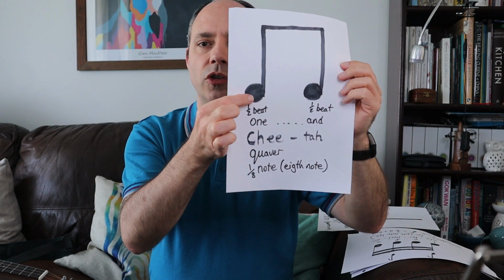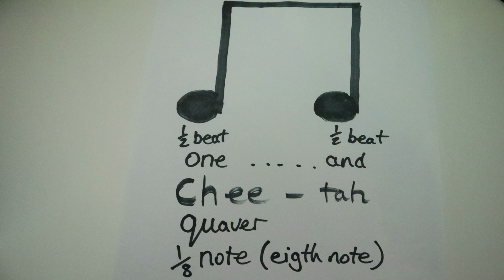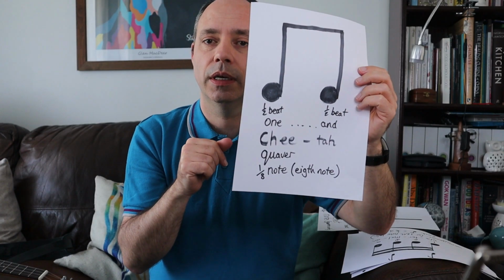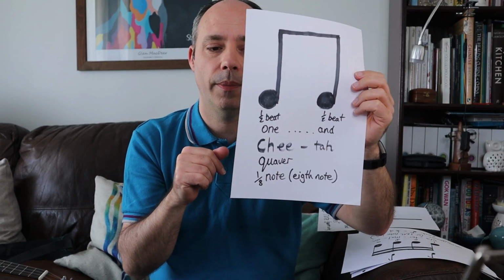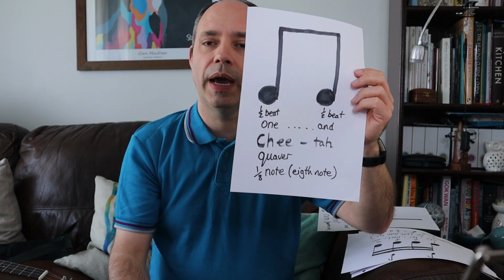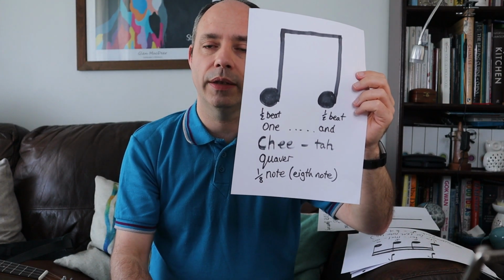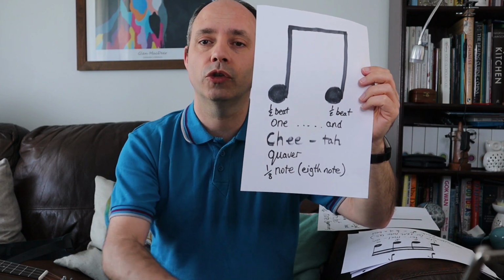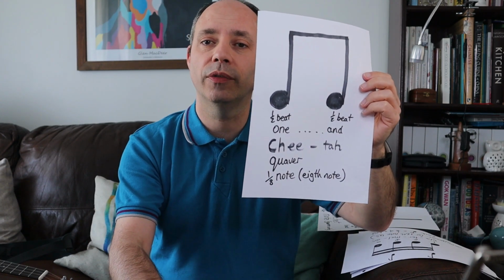Each one of these is worth half of our crotchet. Quavers in the UK, eighth notes in America, because there are eight of these in a four-count bar. So we count 1 and 2 and 3 and 4 and, or 1, 2, 3, 4, 5, 6,